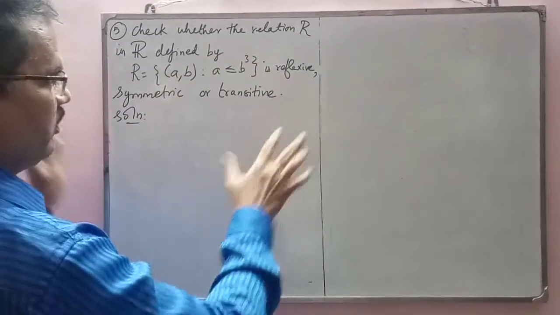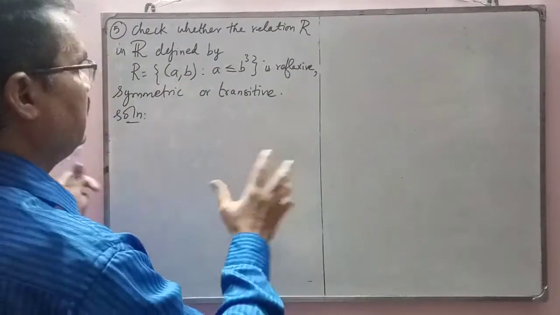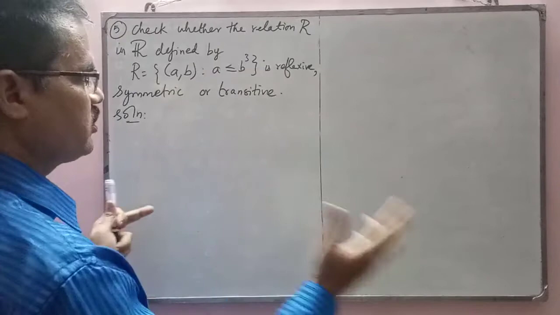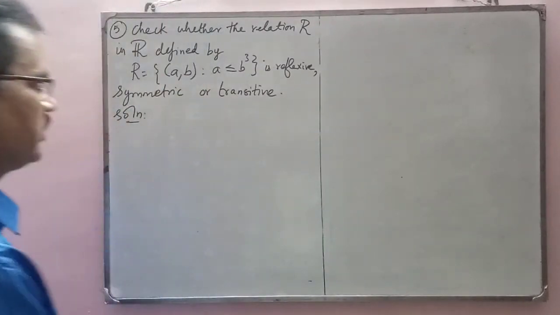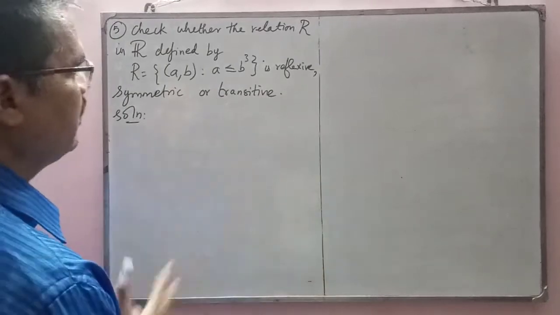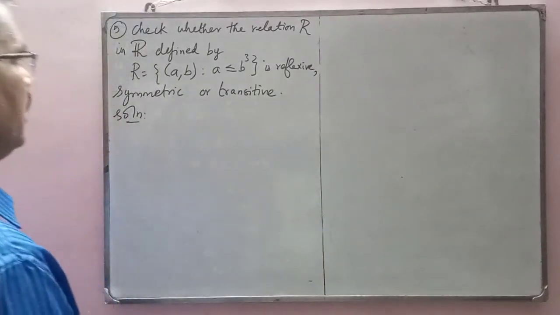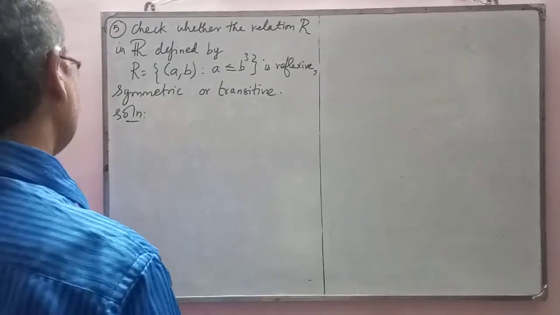Here there is no clue whether it is reflexive, symmetric or transitive; you have to check. In the previous question it was said that it is not reflexive and not symmetric, and you had to show that it is transitive. So we have to work it out, and choose the data in such a way that we can decide whether it is reflexive or symmetric. Now let us take two numerical values.